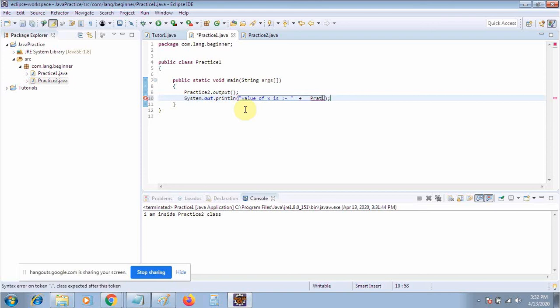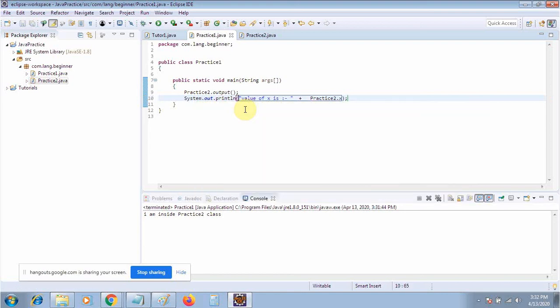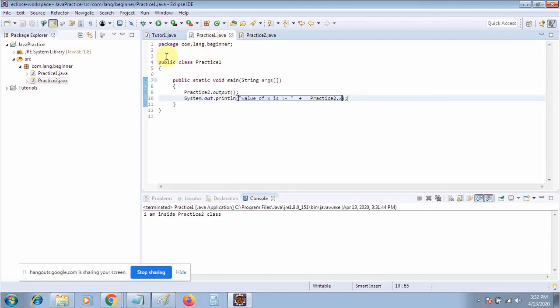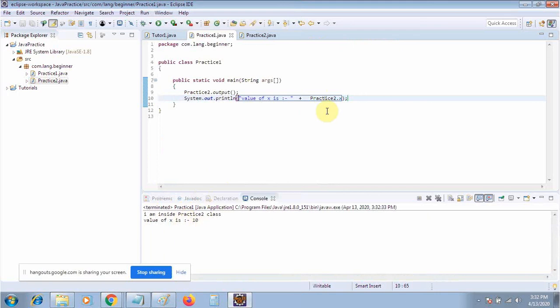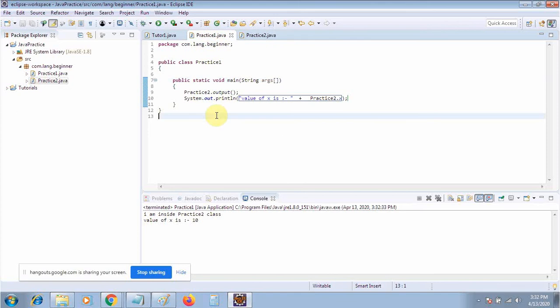Spelling mistake, I think so. We will see that without creating the object of this class, we are able to access both the variable and the method by using the static keyword. This one. Okay. So it is the basic simple concept.